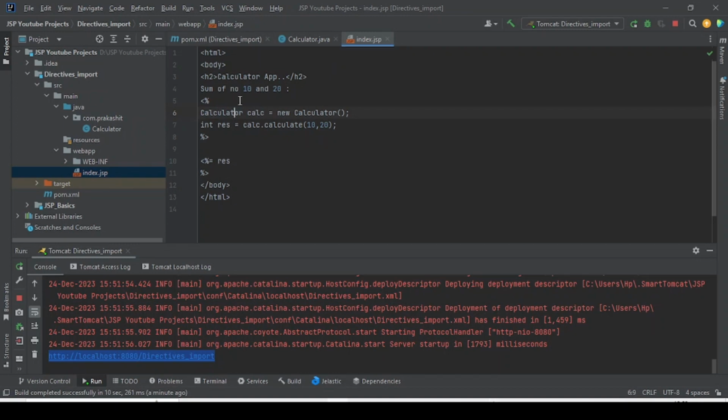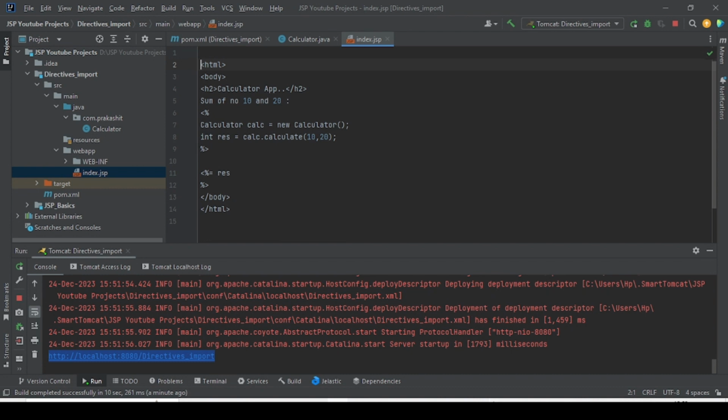If you are creating the object of another class outside the package, then that class you need to include, meaning you need to import. But inside the JSP, how can we import that? I have already told the syntax. This is the at the rate symbol, and this is the page directive, page. This is for the complete page. And the attribute is import, import equals double quote, and inside that I am going to write